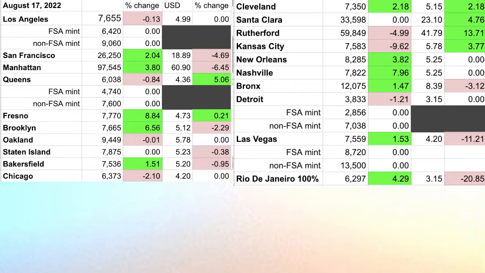But other places are doing a little bit better. Rutherford on the dollar side is coming back up. Santa Clara also on the dollar side is coming up. The other places, while they did come up, are not nice come-ups on the dollar side. They're still pretty low, like Queens. Well, Queens is at least doing better than Rio right now on the dollar side. It's still in the $4 range at least. But Chicago and Cleveland, well, actually Cleveland did come back up into the $5 range, but it was suffering a